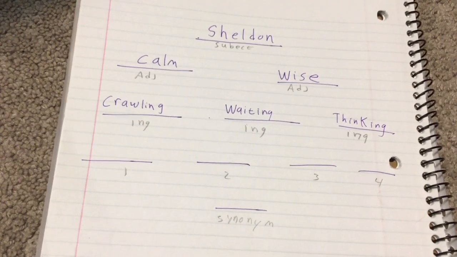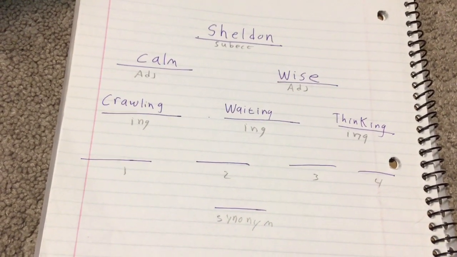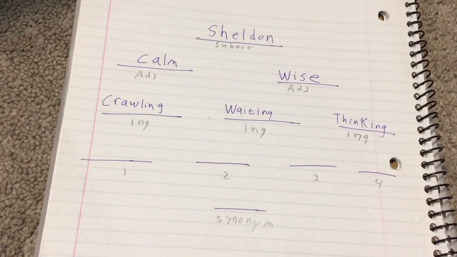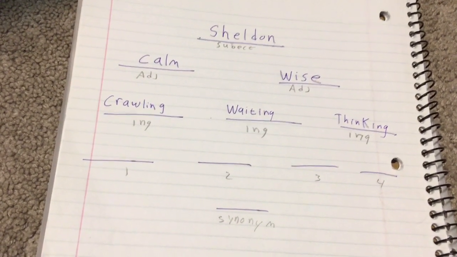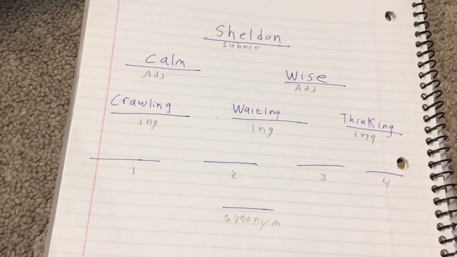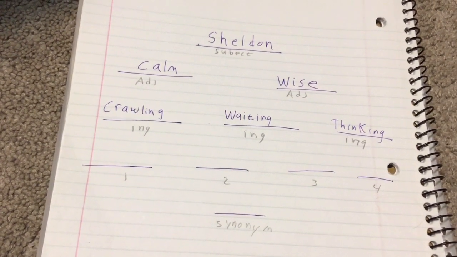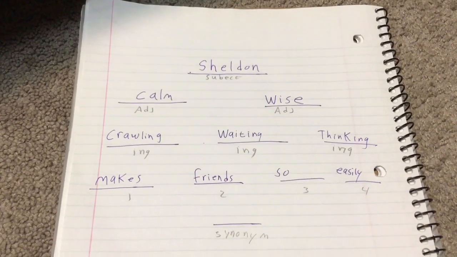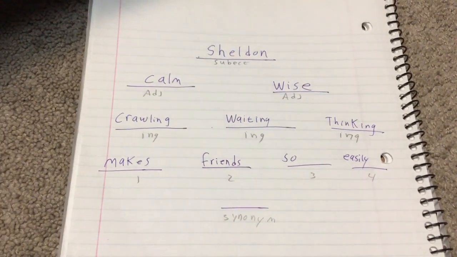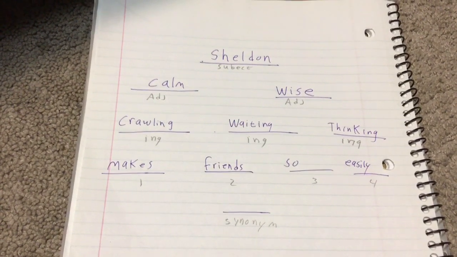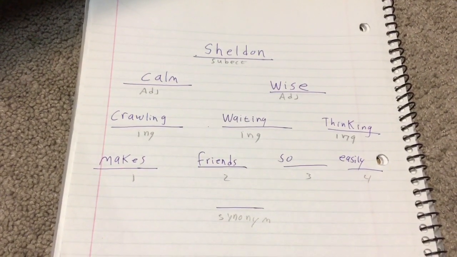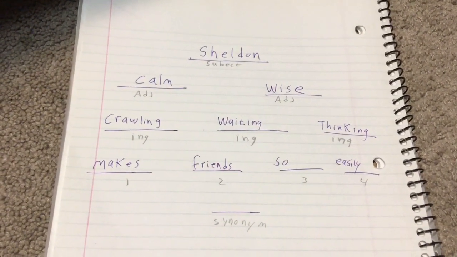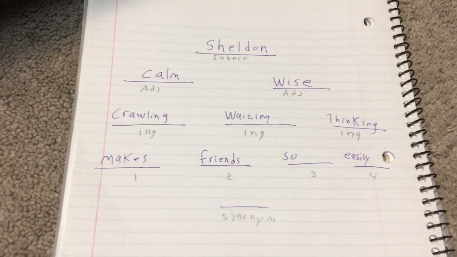Okay? Next, I need to come up with four words that describe Sheldon. Not like words together, like a phrase. Not like calm, wise, smart, nice. Not necessarily like that. I'll show you. It should sound more like a mini sentence because that's what a phrase is. Four words that describe Sheldon, kind of put in a sentence. Again, there are a lot of ways to do this, a lot of right answers. You might have a better way to do it than me, or a way you like more, but I wrote